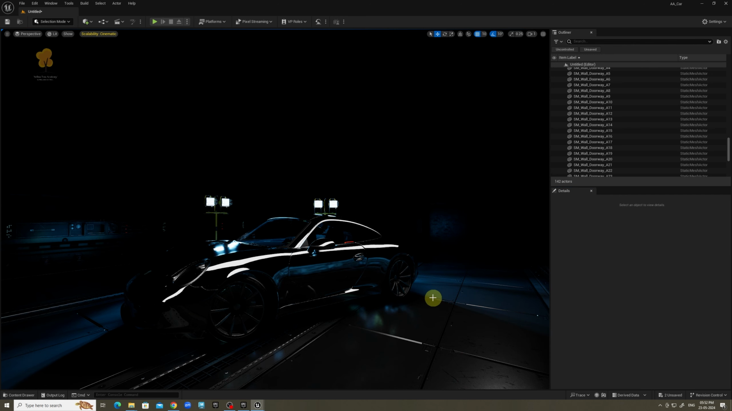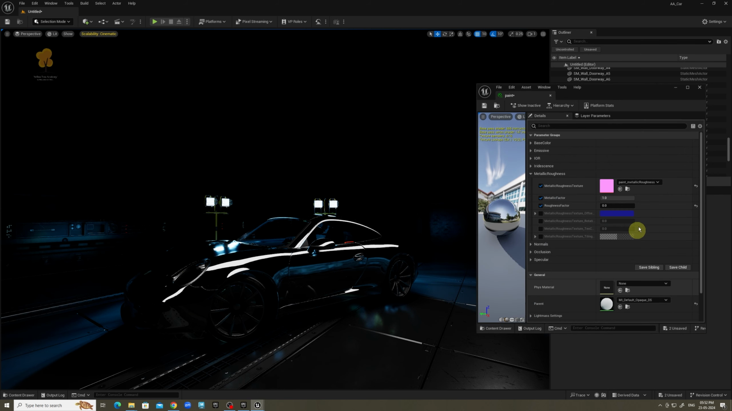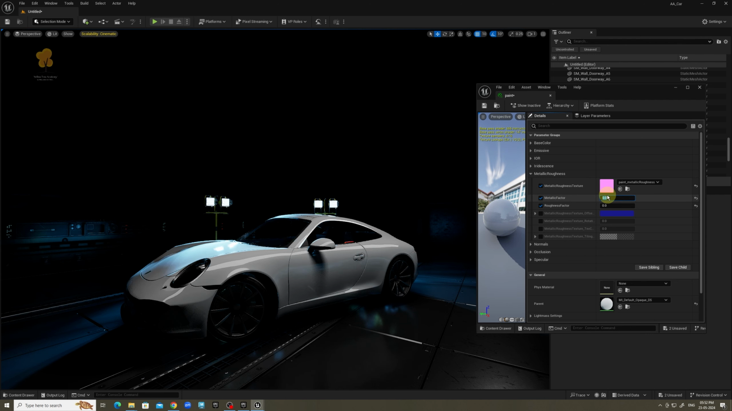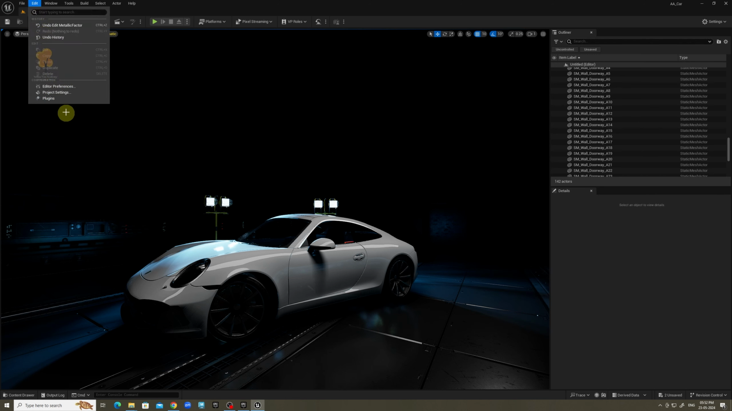Okay. Next, I wanted to change the car color also. Okay, let's open up the material here. I want to switch off the metallic factor to 0. Now you can see this looks like car paint. It's no longer metal. Go to edit, project settings,